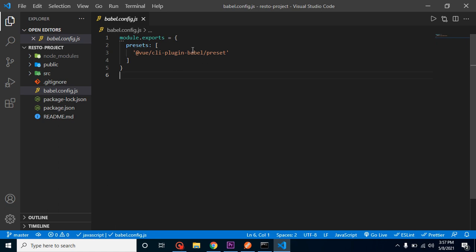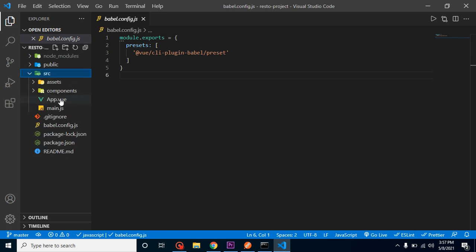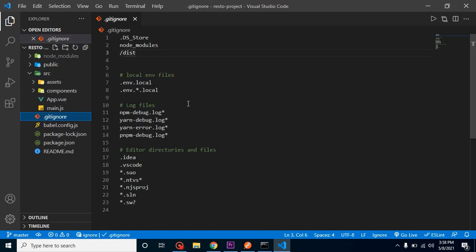And one more thing, sometimes we have other extensions like App.vue. Our browser can understand only main.js, it cannot understand App.vue, etc. So it will automatically convert these vue extensions and other extensions to JS in a single file. That's why we use it, but at a basic level we never change this file either. Again, .gitignore. This file is basically used to restrict the files and folders that we don't want to upload to our git. This does not belong to Vue.js, this belongs to git, right?